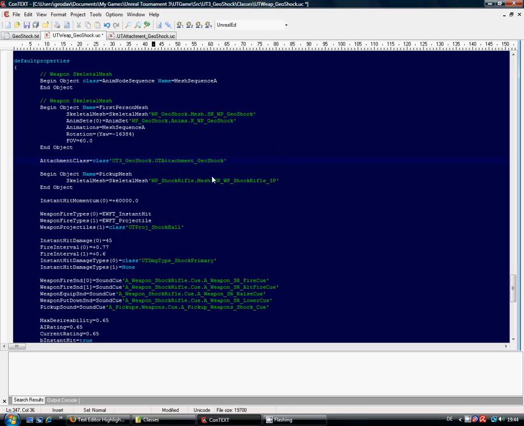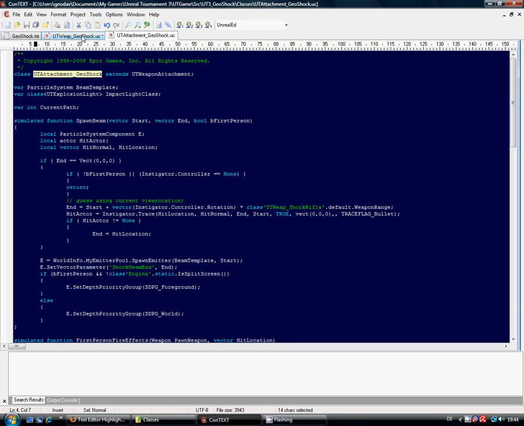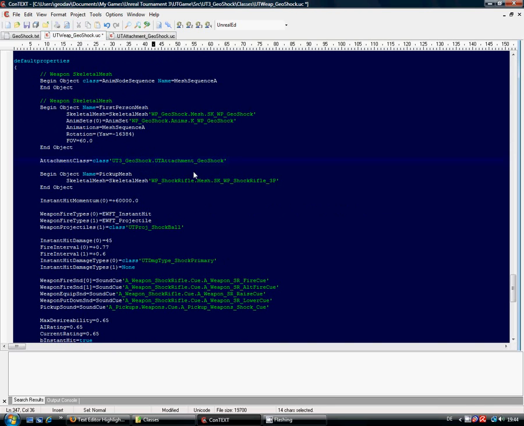You know, quite simple. Pickup mesh, that's what you pick up. So obviously we need to know which one that is. Well, it used to be a different one many years ago. Now I can see I'm going to have problems here, because I know for a fact that I've changed a few names. So what we're going to do about it here,